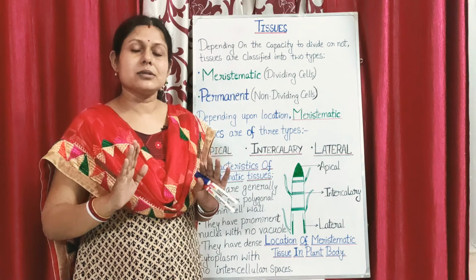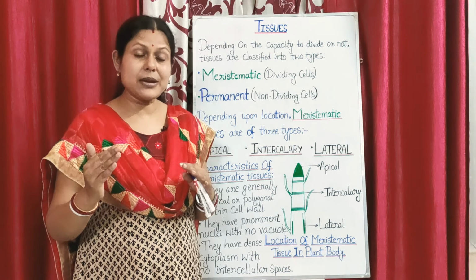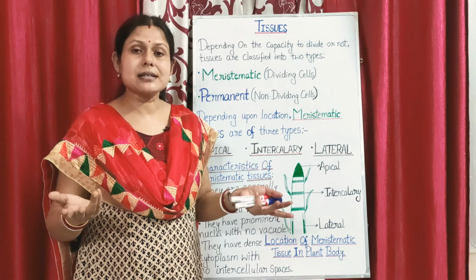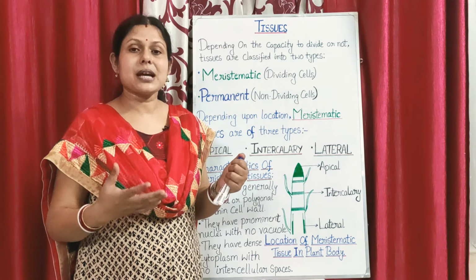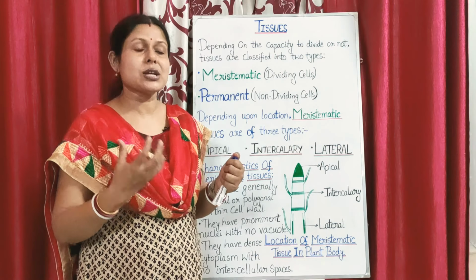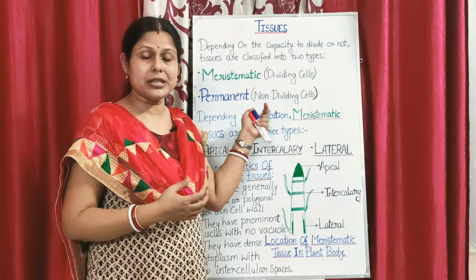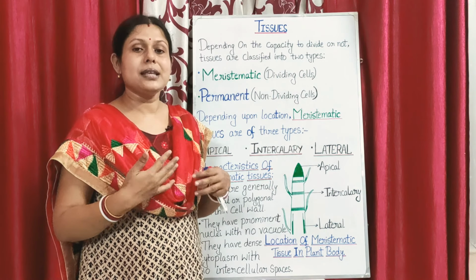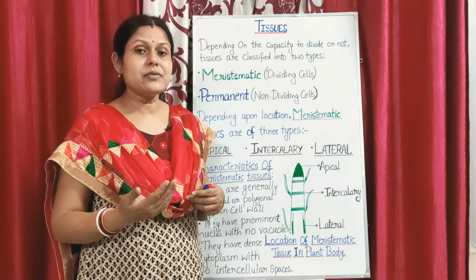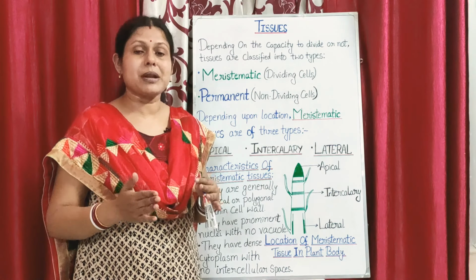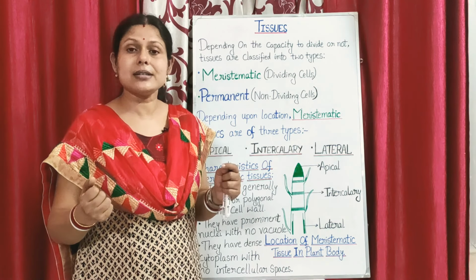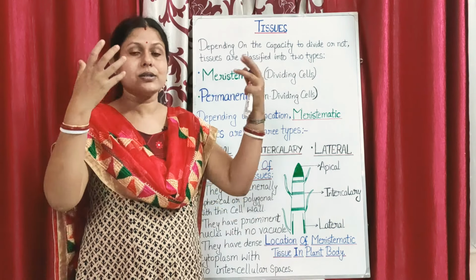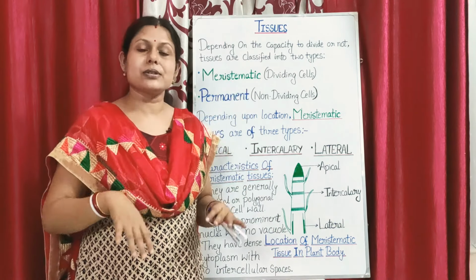But that is the time when the plant is attaining its complete maturity. When it attains its complete maturity, some regions of cells which have transformed into permanent tissues again regain the capacity of division, and they again become meristematic. We will be seeing that, and this type of growth in plants is called secondary growth. Why secondary growth? Because primary growth is associated with the increase in the height of the plant, that is the shoot part as well as the root part.